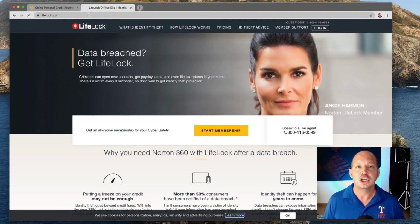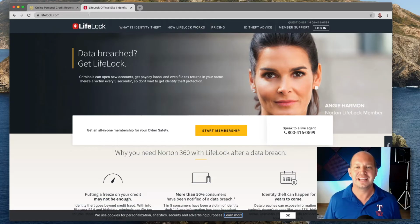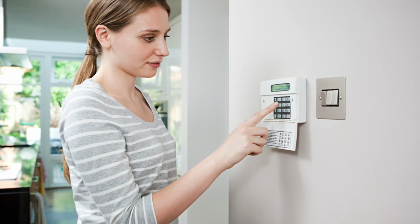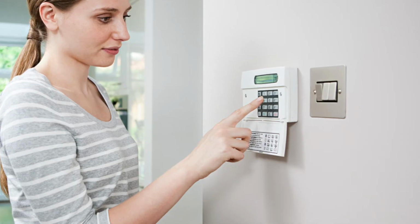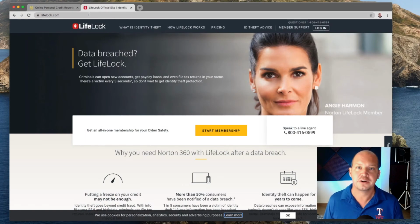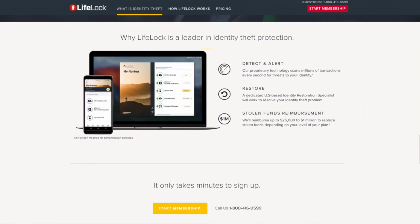If you feel like your information is at higher risk of being stolen, then a credit monitoring service is something that you should consider. You can do that through the credit bureaus themselves. I prefer to do it with a third party like LifeLock. I think of this almost like your home: you've got deadbolts on your doors, those are just your regular security measures. But if you're particularly worried about the neighborhood you live in, you might set up a house alarm system. And that's kind of what a credit monitoring system is. It's not going to necessarily stop people from coming in, but it's going to let you know the